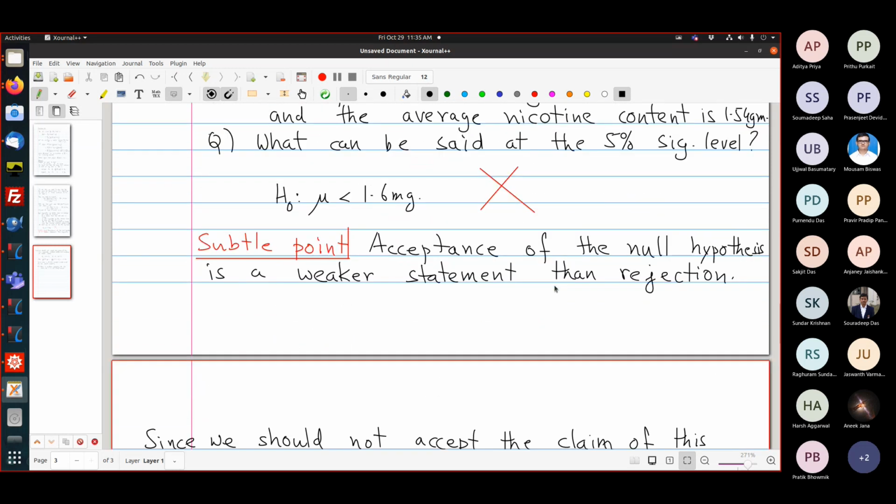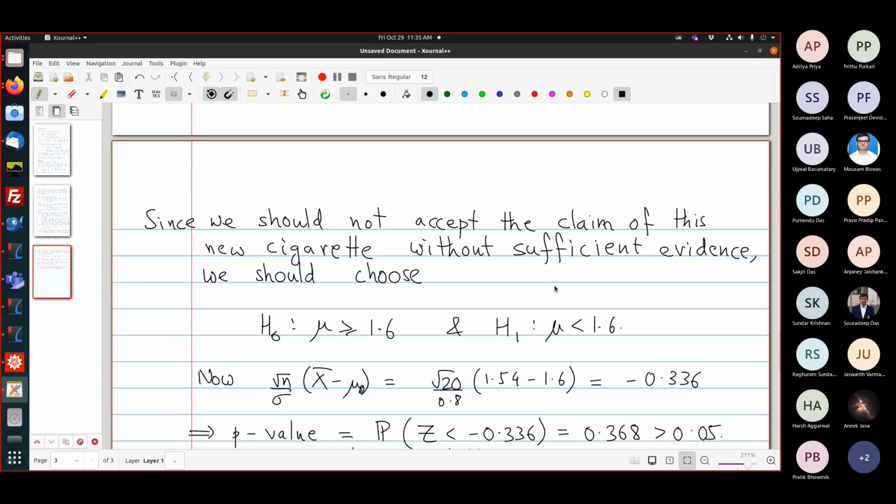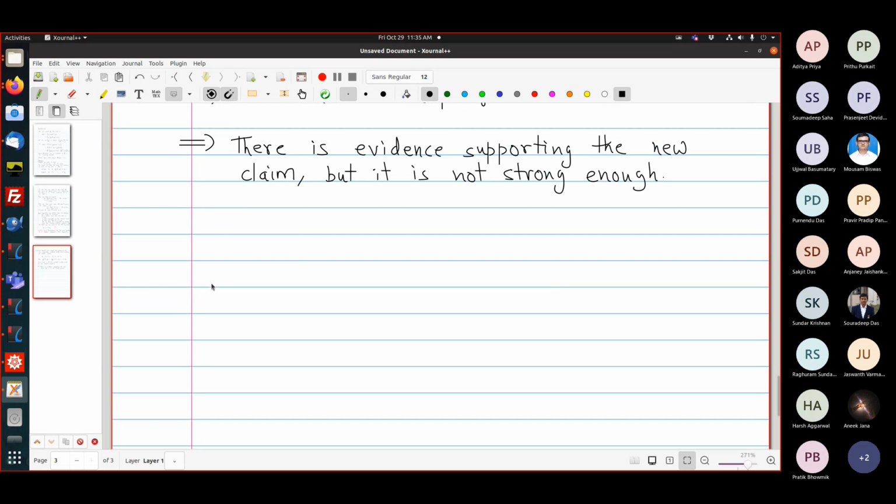Okay, I should have done this before, I suppose. Yeah, sorry about that. The logical flow is a bit messed up, but I'm writing it again. So here we have used the other one-sided test,